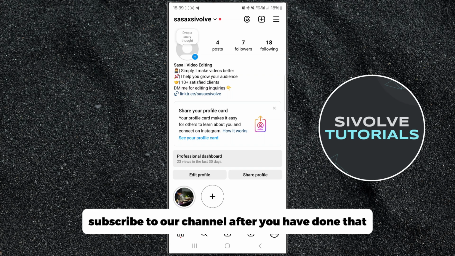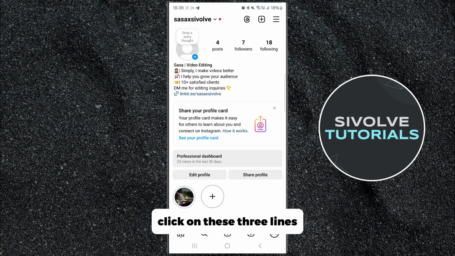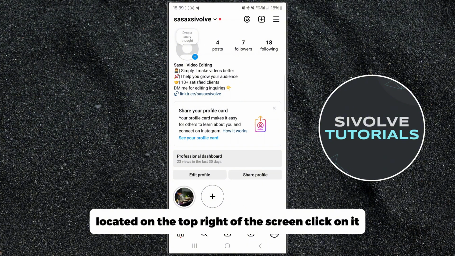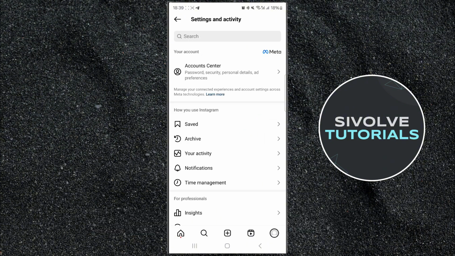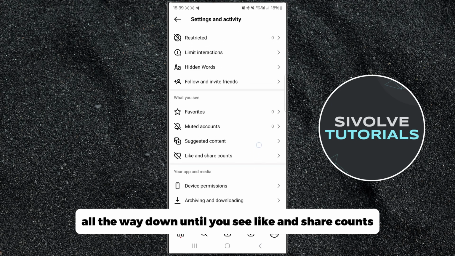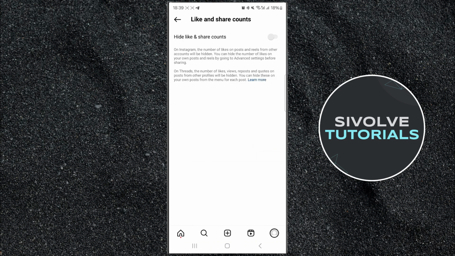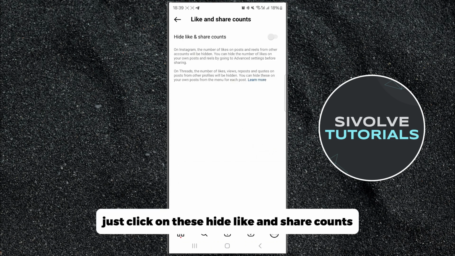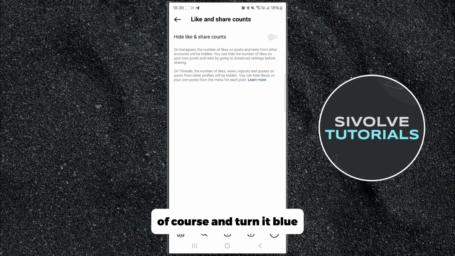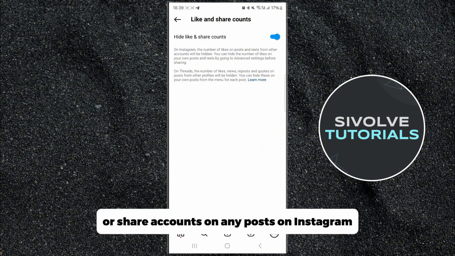After you have done that, go to your Instagram profile and right here click on these three lines located on the top right of the screen. Click on it. Scroll all the way down until you see like and share counts. Click on that. When you are here, just click on this hide like and share counts, of course, and turn it blue. After you have done this, you will not see any likes or share counts on any posts on